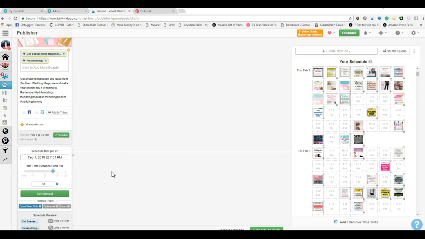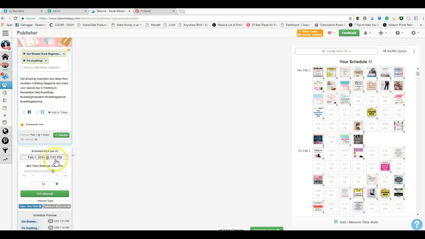Some people stick with the 8-day spread, but it really depends. If you don't have a lot of boards and your boards don't have a lot of content in them, I would space this out a lot further, because your board is so new. You put it here, and then in 5 days, how much more content have you added to that board that this pin showing up again won't look like it's been spammed? So you pick your